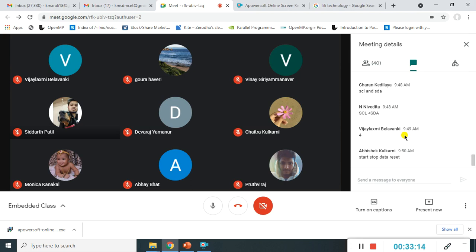Start, stop. Abhishek, you are talking about UART. In UART there are only 2 wires, one for transmit and one for receive, and the data goes through the data frame. I'm talking about the SPI bus, not UART. SPI consists of 4 communication lines. One is MOSI, master out slave in, and one more MISO, master in slave out, then serial clock, and slave select. Okay. Nice.